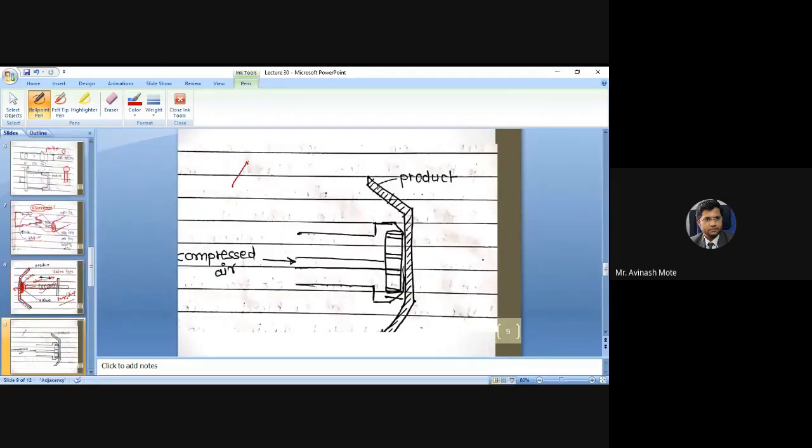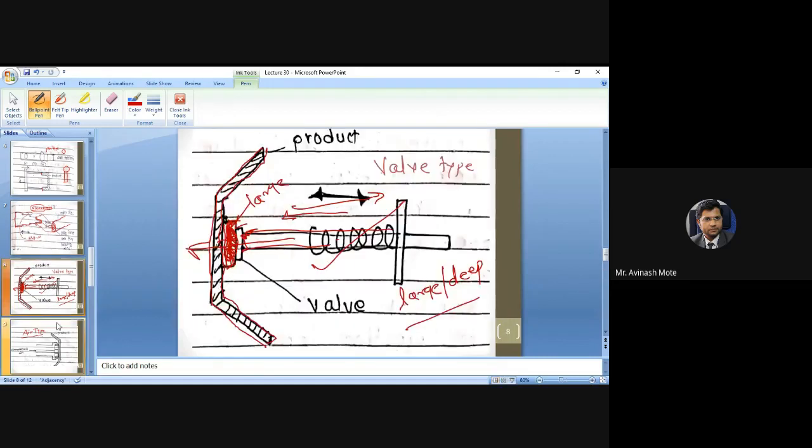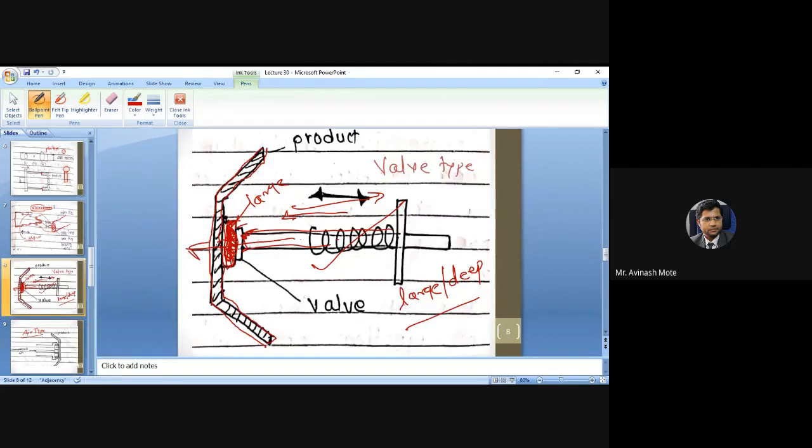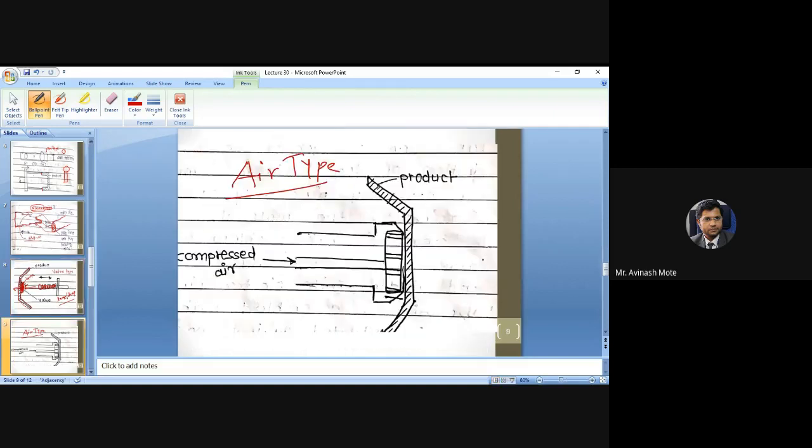This one is air type ejection system. Same as the wall type ejection system, for large and deep components. Only thing is that here, I'll remove this one. Here you used a spring mechanism to push and pull back, and here you are using an air mechanism,